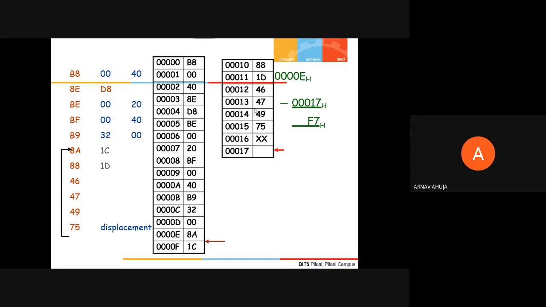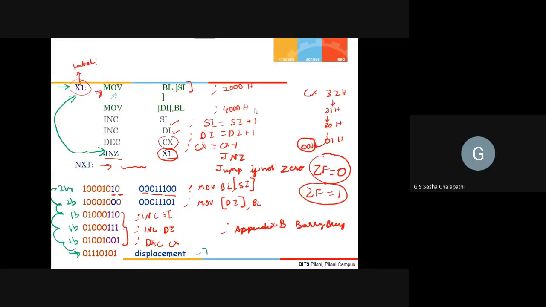Sir, can you re-explain how you calculated the displacement in the previous slide? Right. With respect to this particular thing, what is the size of this instruction? This instruction is 2 bytes long, first byte, second byte. This will be 2 bytes again.